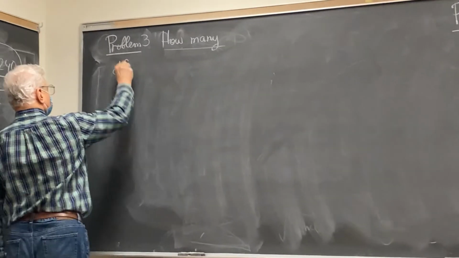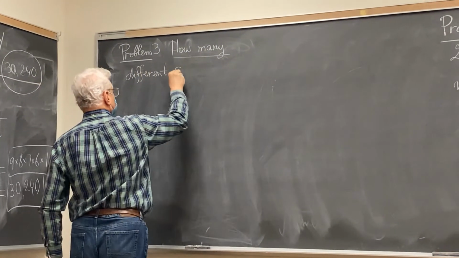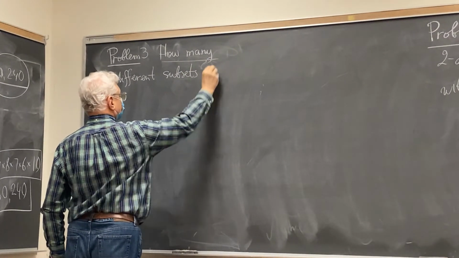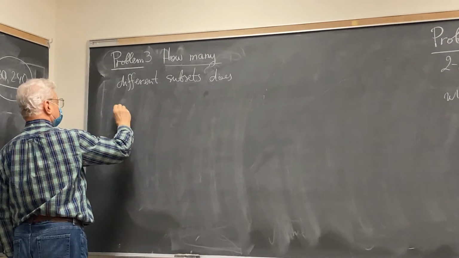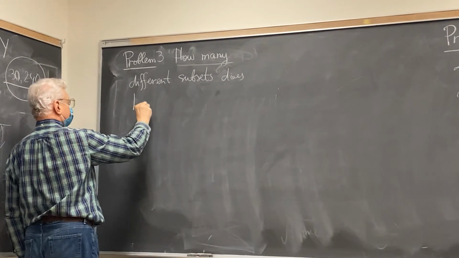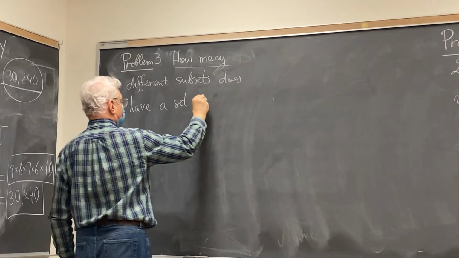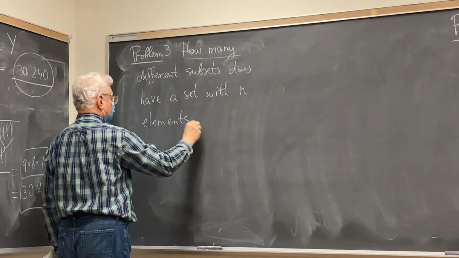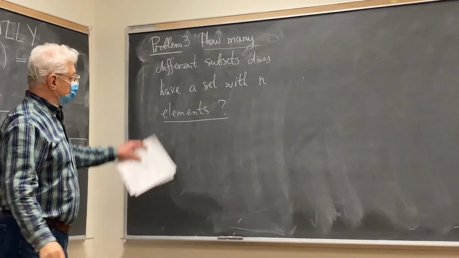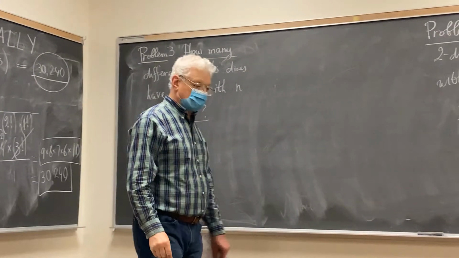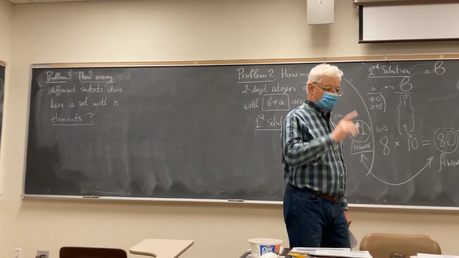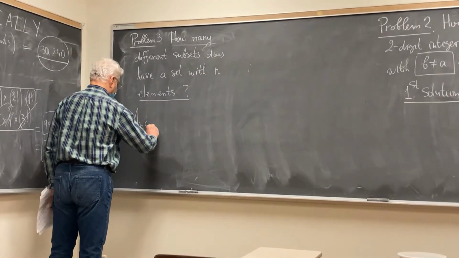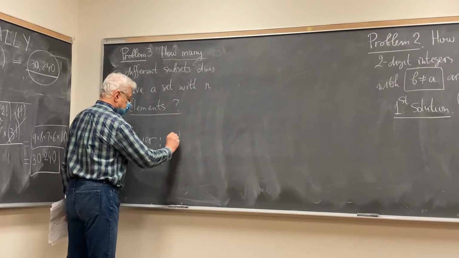How many different subsets does a set with n elements have? Okay, that question we considered in the previous part, in the set theory part, and we know that the number of such subsets, we know the answer. The answer is 2 to the n